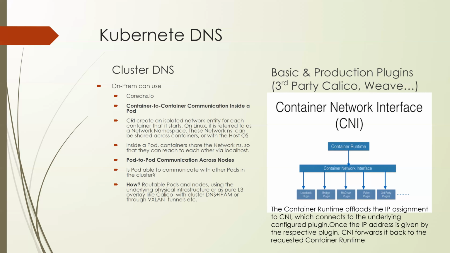How about external access? We need a routable pod. Basically, that means pods on node 1 and pods on node 2 should be able to communicate. That can be done at pure L3, at the IP address level. If you know the entire cluster has a slash 16, then I can pull out one slash 24 subnet for each of the nodes, and they will all be communicating with each other, because all of them are going to the cluster IP.